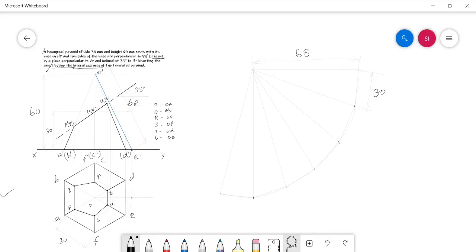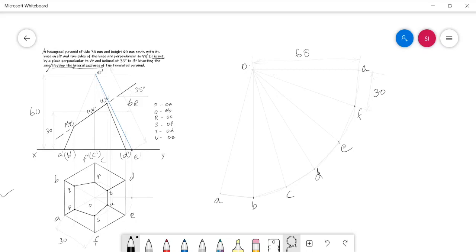And then we have to mark the points starting from A, B, C, D, E, F, and it should end with A, and this is your apex point O. Now the cut points P, Q, R, S, T, U should be marked in their respective slant edges.